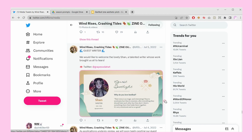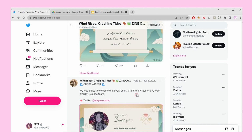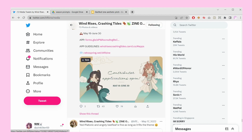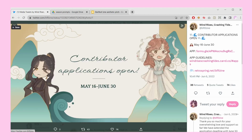And then you can see we did that for all the contributors, and here's the scroll again for the application results, because it's announcing something, so we felt the scroll was so appropriate. And this was the contributor applications graphic that we made, again, that I made, sorry. And the chibis are drawn by Chair, and they're so cute. I love the chibis so much. They're so